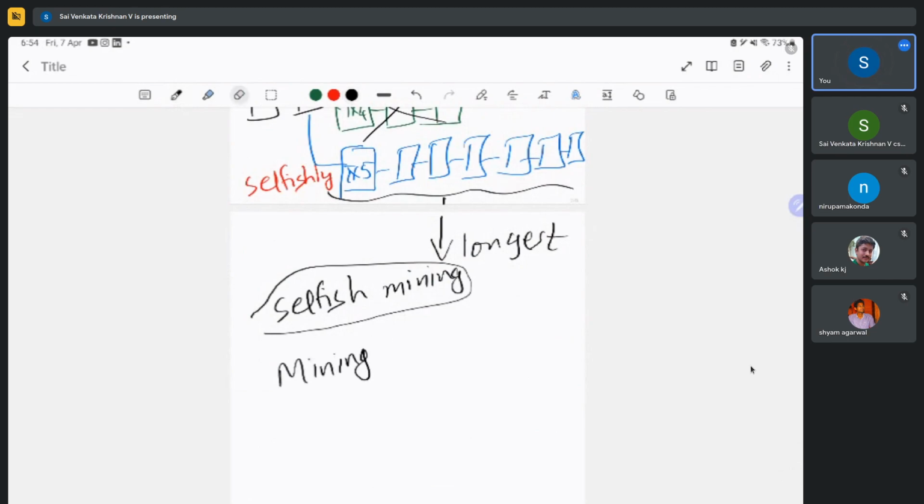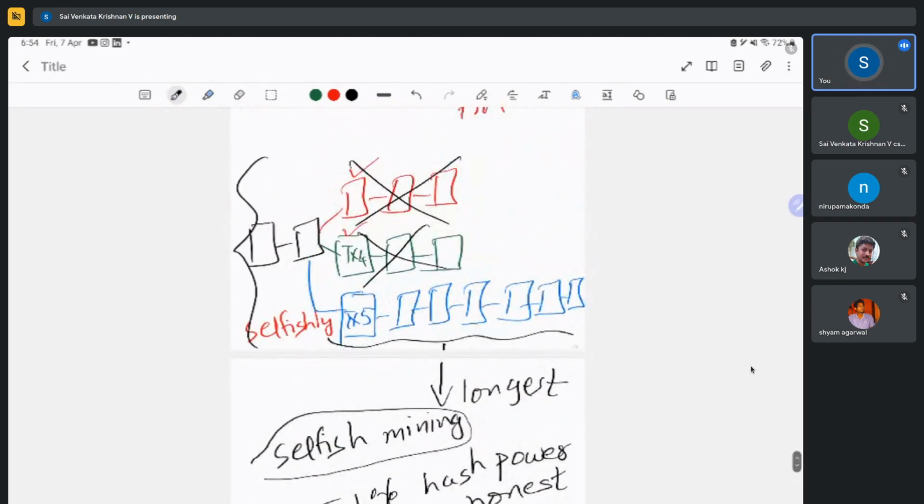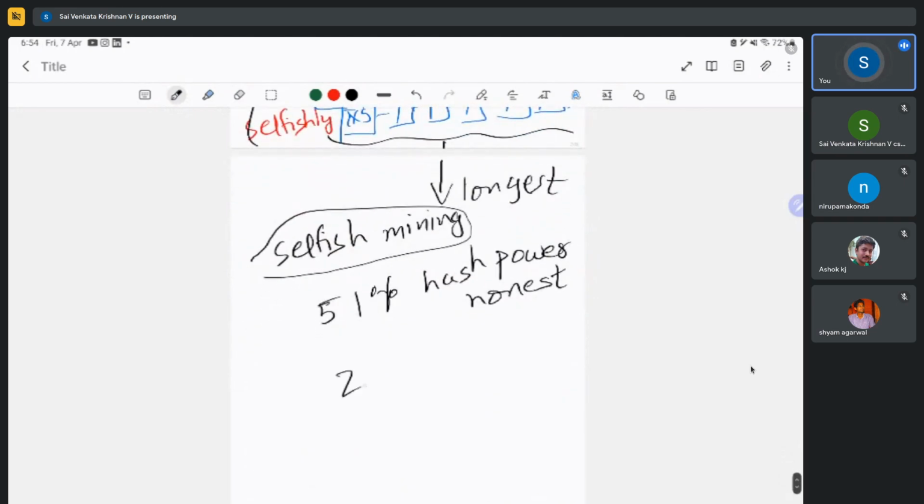the security assumption of Bitcoin is like 51% hash power, right? Hash power should be honest. But now, if your difficulty is reduced, the hash power that is required for this sort of selfish mining strategy is now reduced to around 20%. So, a node with 20 to 30% of the hash power,